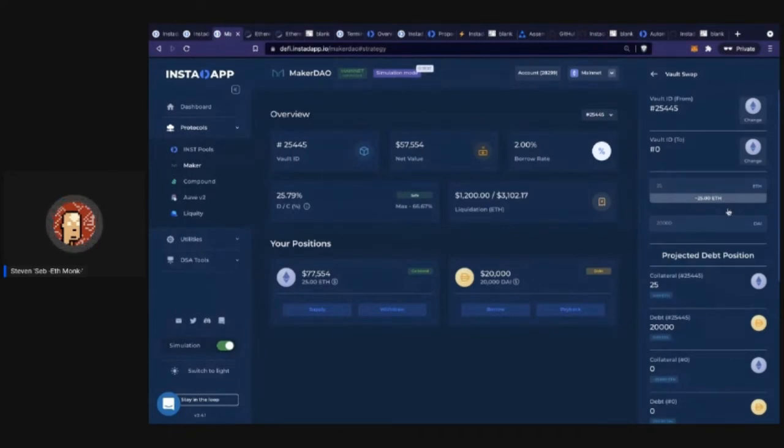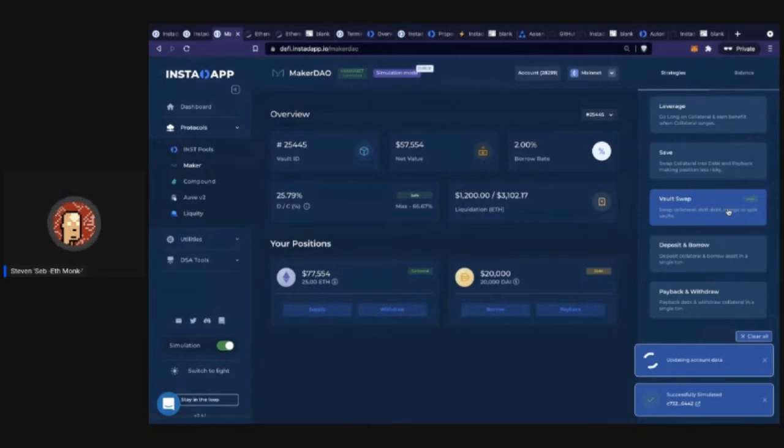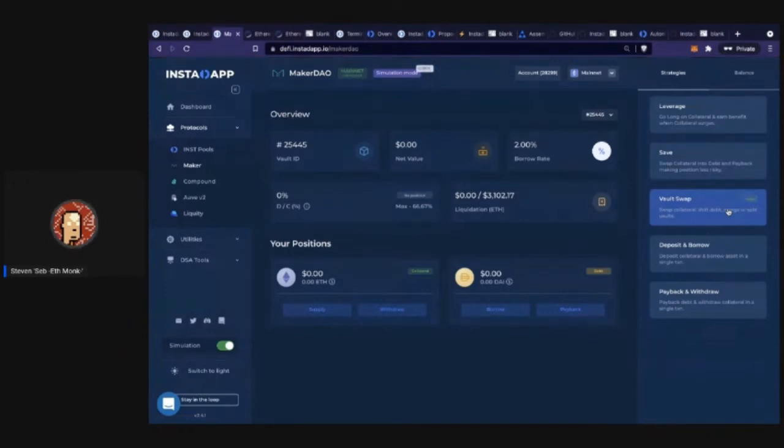If you wanted to, let's say the Ethereum price was getting higher and higher, like it surged, and you're like, okay, well now the amount of debt I owe is really low. Let me actually go to ETH C so I can earn on the interest. And so you can go and check the ETH C vault, and you'll see that you get that nice low 0.5% borrow rate. So that's more or less how Maker works.